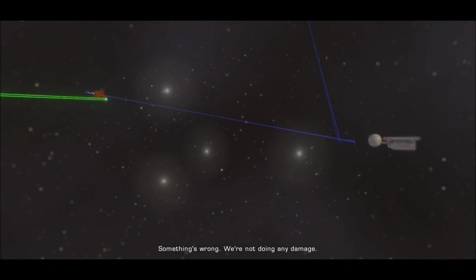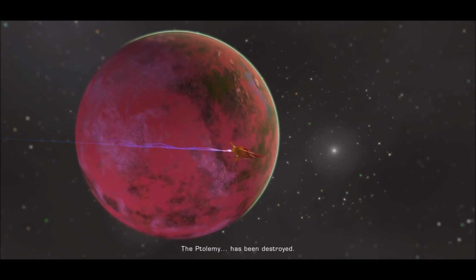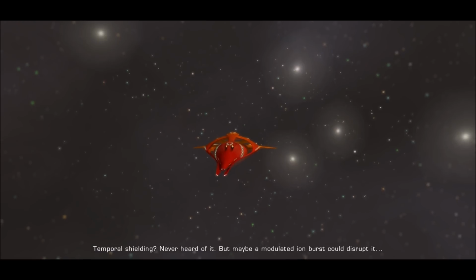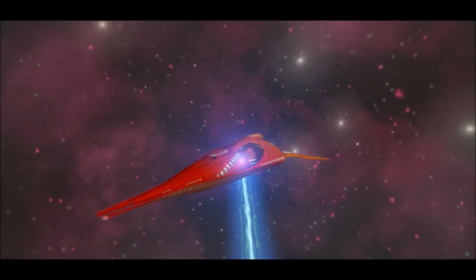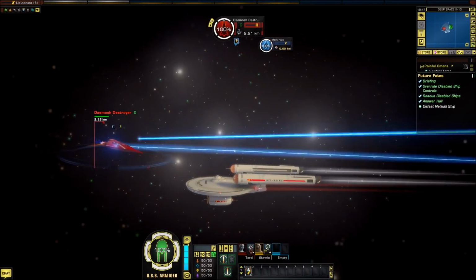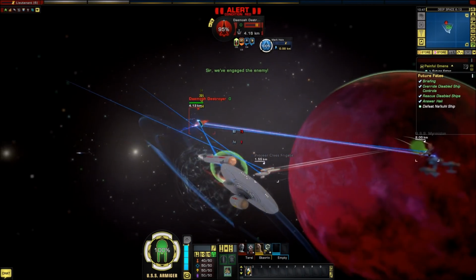Something's wrong. We're not doing any damage. Ptolemy has been destroyed. They have some kind of temporal shielding. Temporal shielding? Never heard of it. But maybe a modulated iron burst could disrupt it. It seems to work. The temporal shielding that was protecting it by removing it from the timeline fails, and so